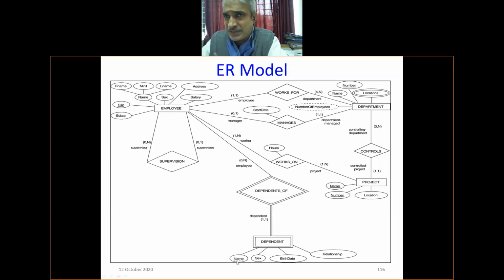My father's name is Ramesh, assume, right? Ashish, your father's name is also Ramesh, and many of you assume that your parent's name is Ramesh. In that case, how do you distinguish one from the other? They do not have any specific attribute of their own with which you can uniquely identify that parent. You cannot, right? There are a number of Rameshes, right?